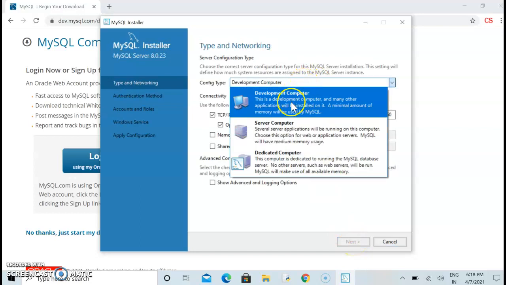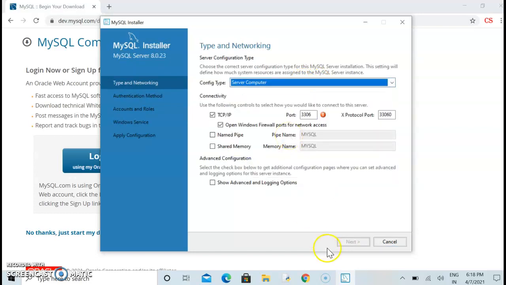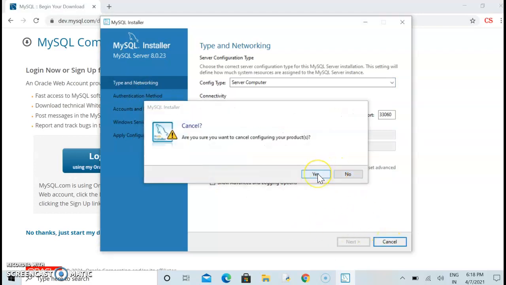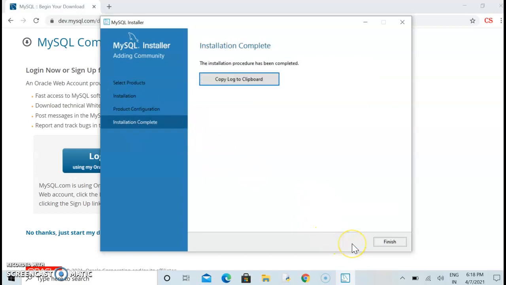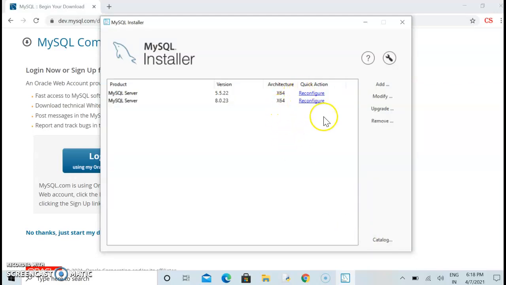Here we are focusing on the server side. It will start because it is already installed. Then I can click on this option and click on the installation. Installation finished, and then click on finish. Both the things are already installed in my system.